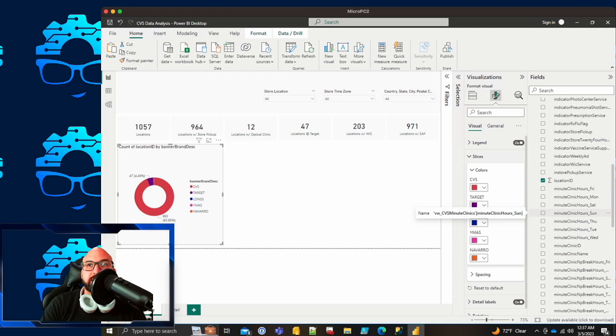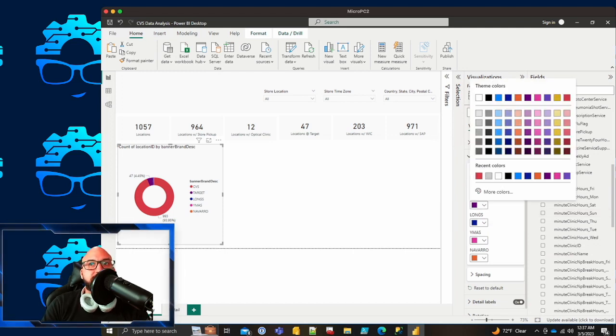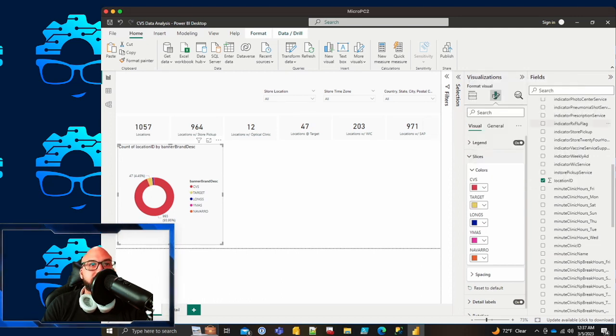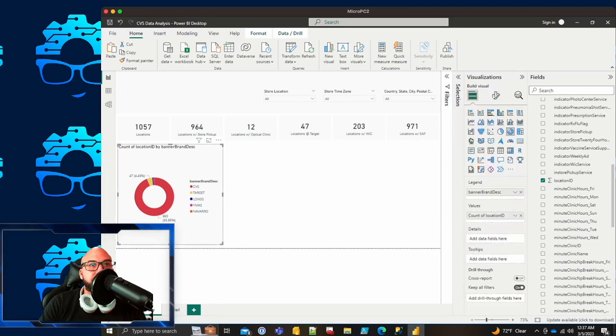Dark red for CVS. Ooh, Target is also red, right? So let's do something like, I don't know, yellow for Target. Sorry, Target, you're getting yellow. I don't know what any of these other ones are, but CVS are the ones that are red. Since this is a CVS branded report, we do want to make sure we prioritize CVS, and then we just want to make sure we get the title